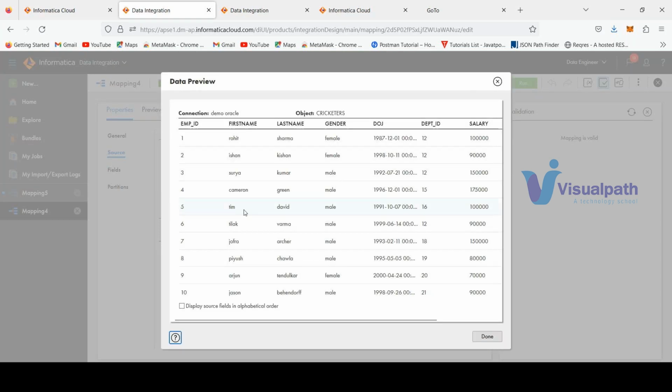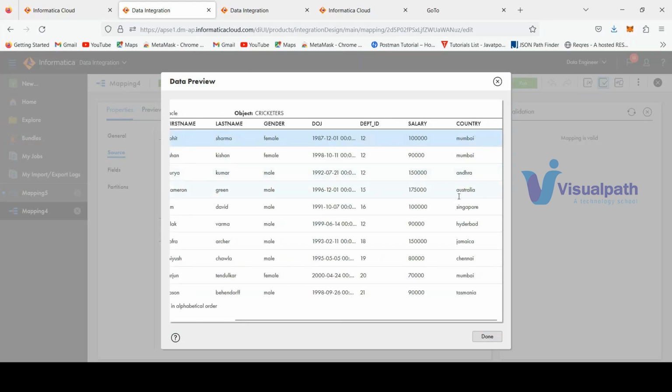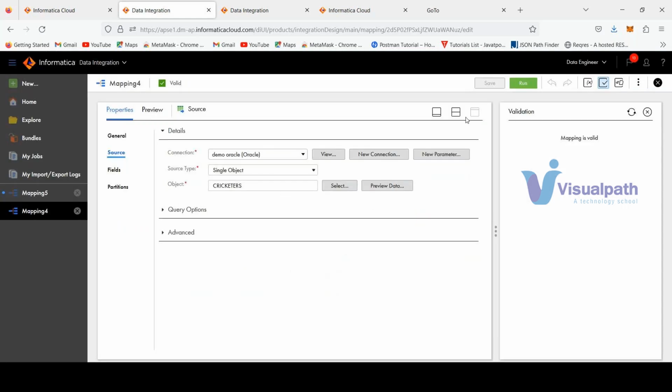See, these are a few records available in the source database. Here, employee ID, first name is Rohit, last name is Sharma, gender, date of joining, department, salary, and all the other fields. The first names are Rohit, Ishan, Kishan, Surya, Cameron, like this. Now, if I run this mapping,